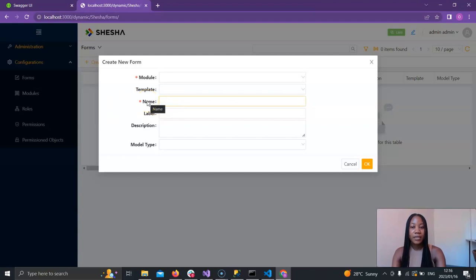The third value being the name property, which is how you would identify the form and how you would access the form. The label, the description, and the model type being the entity that you would like to bind your form to. Great, so let's get started by creating the form, giving it a module of membership, which we just